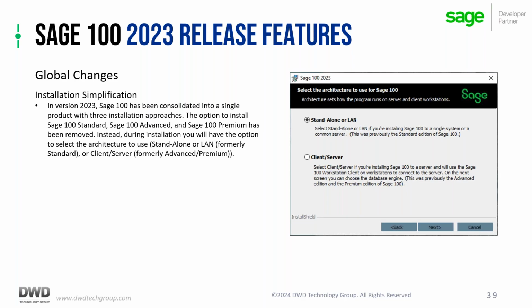Now it's got this ProvideX database. It's got a service running on the server, and when you open Sage 100 on your workstation, it's a client install. It actually then reaches out to the service on the server, says, "Hey, I want you to give me a list of all my customers and customer maintenance." It processes that request on the server and then sends back to the workstation,